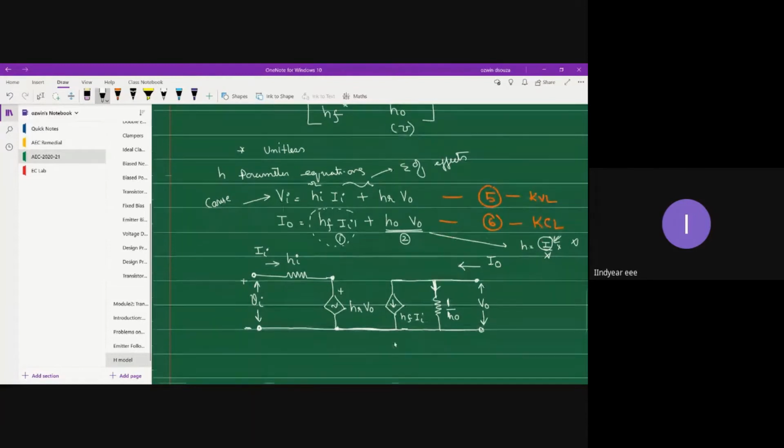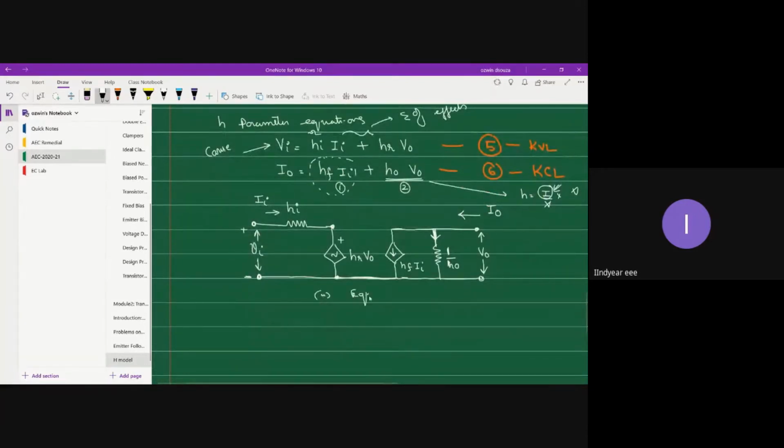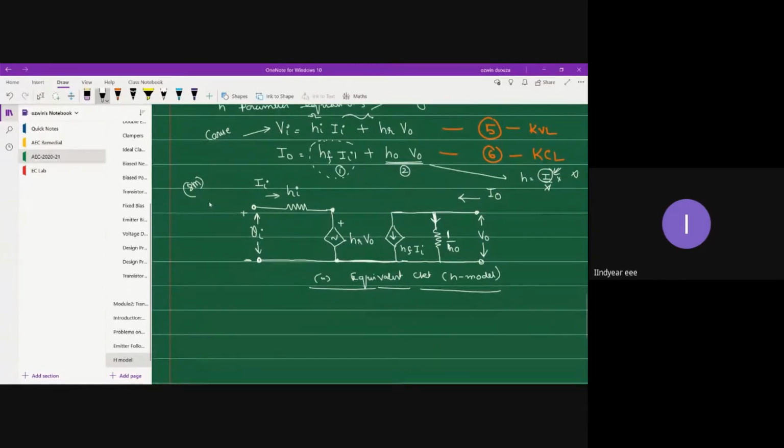So this is the equivalent circuit of the H model. So this is also a transistor model based on a different approach, the H model approach. So is it clear? Normally it will come for 8 marks. Now, the simplicity of the H model is that once these equations are known, then you can easily write